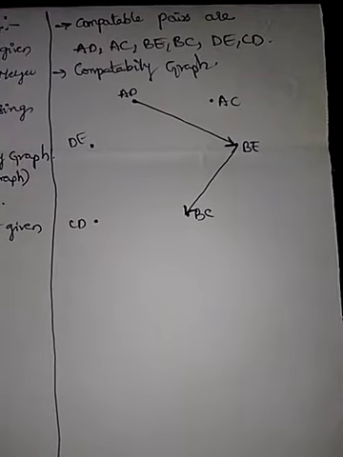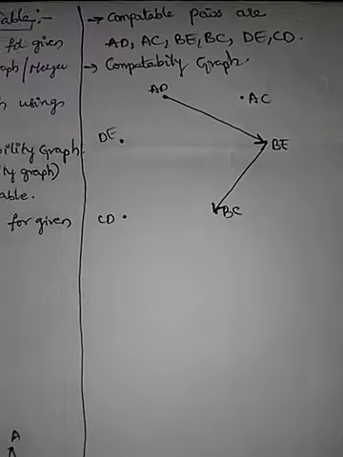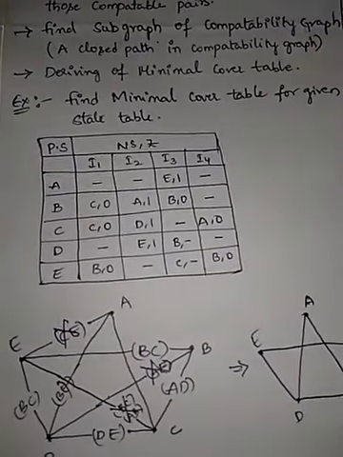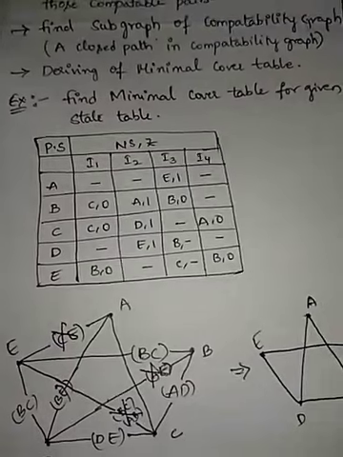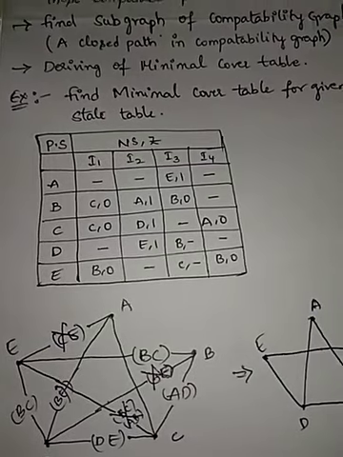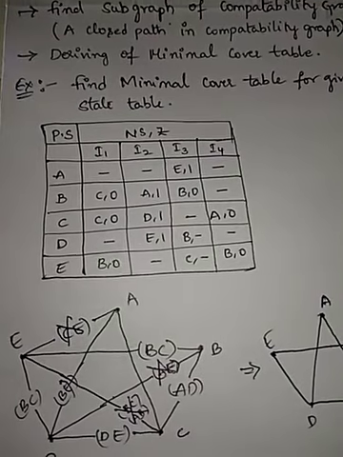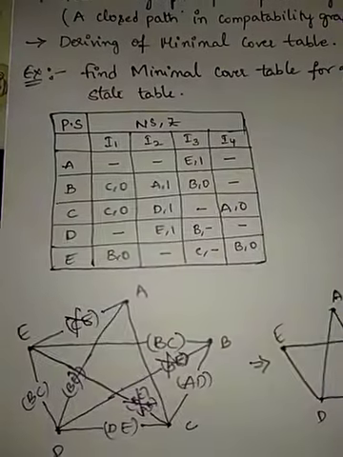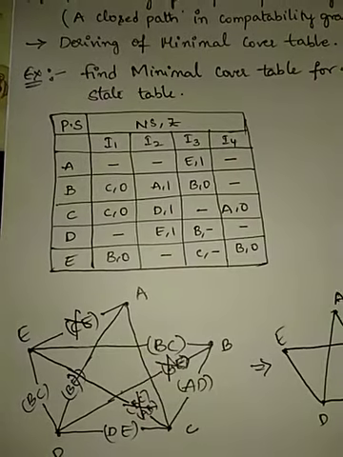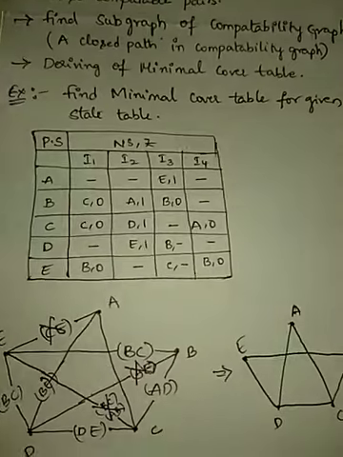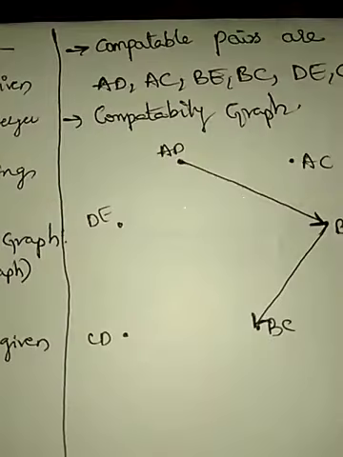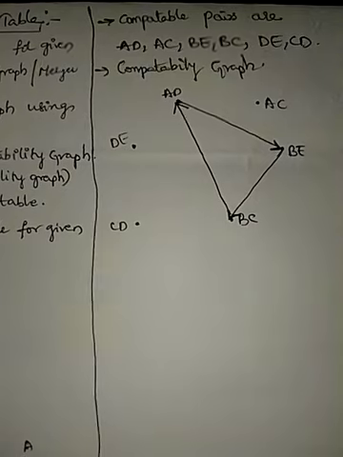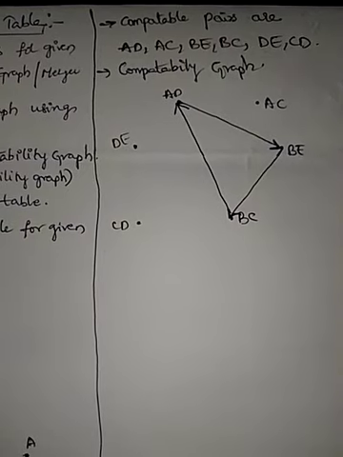Now we are at BC. How is BC going to operate? BC is depending on AD. That means BC is compatible only when AD is compatible. Then how to draw the line? The BC point should reach the AD point with an arrow mark, right? So it is clear, BC reaches AD with an arrow mark.